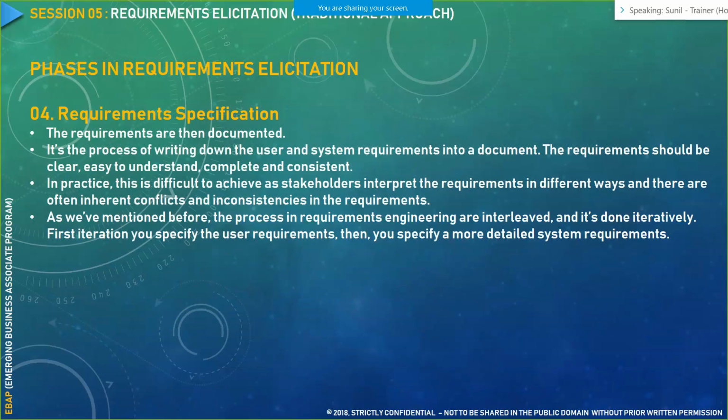Next, you have requirement specification. Now that you have all the requirements, the 1,000 list of requirements through the elicitation phase, you go about specifying those requirements. Specifying means detailing out those requirements in the form of a system requirement specification document. During this phase, you work on your system requirement specification, and after the phase is over, the final deliverable or artifact that you produce in front of the business is your system requirement specification document.